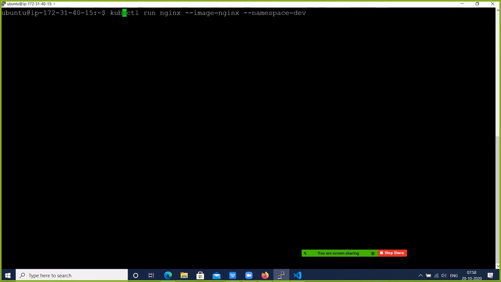So how will you create a pod in a namespace? Command is kubectl run to run the pod. Pod name is nginx and image name is nginx. And I am defining here to deploy this pod into the dev namespace. Okay, run the command. Okay, pod is created. So let's check the pod is created. Command is kubectl get